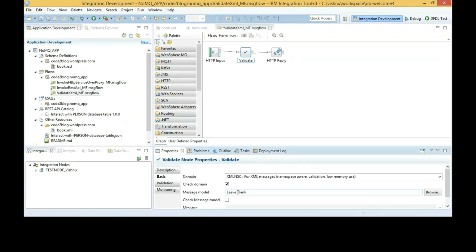Notice that the message model is left blank.